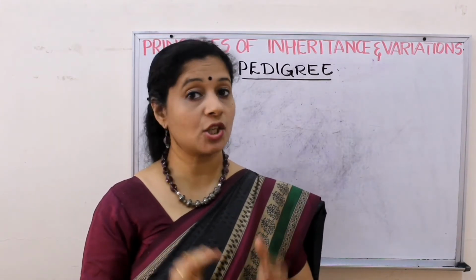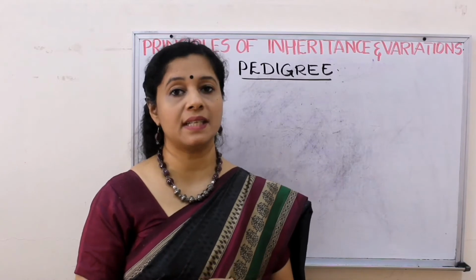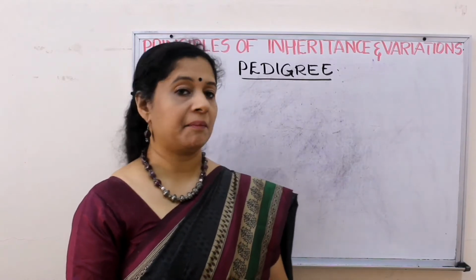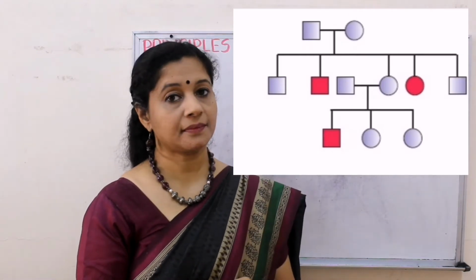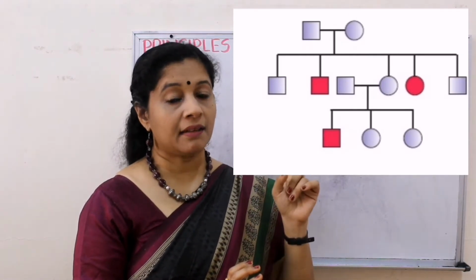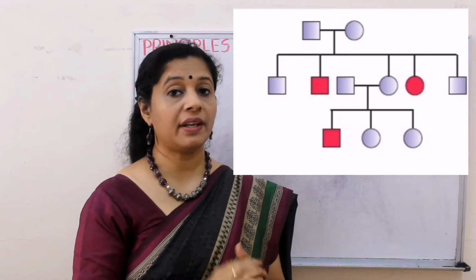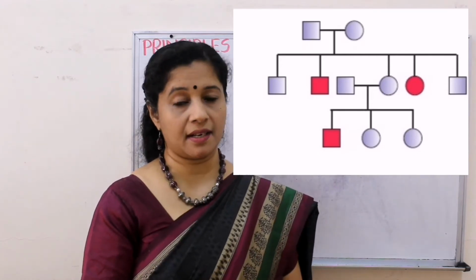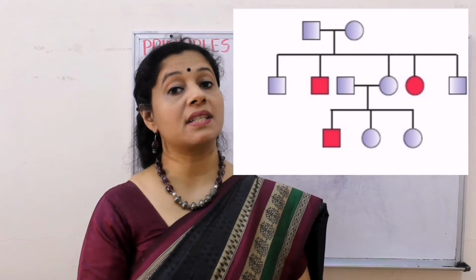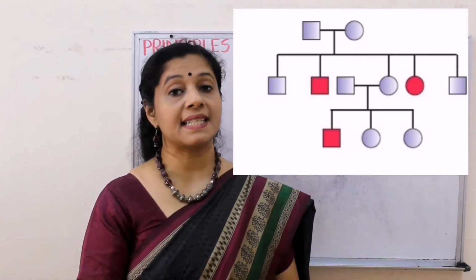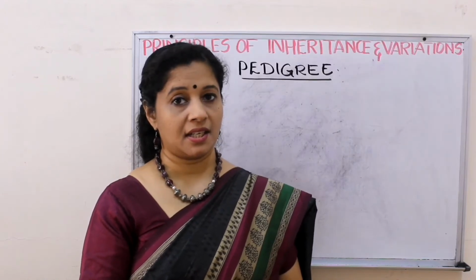These are all generalized clues, okay? We cannot always use it, but these are the generalized clues for you to find out. Then, look at this. Here, in one generation, it is missing. So if at least one generation is there where the individuals are not affected, then we call it as recessive trait. So you got it?